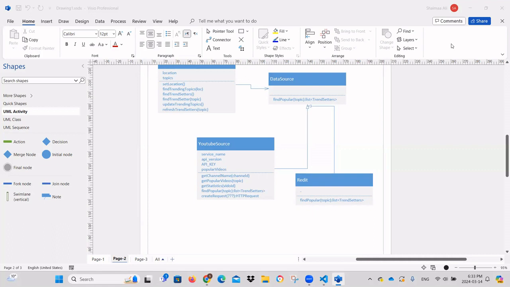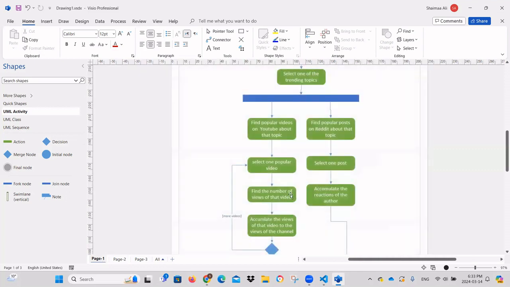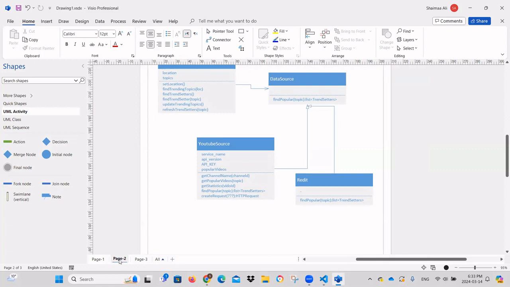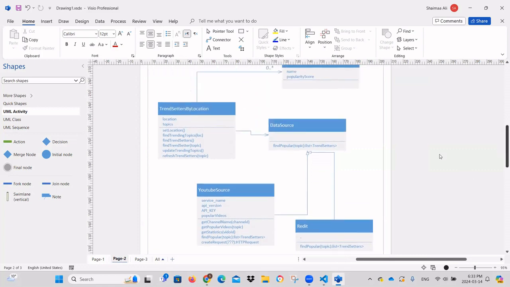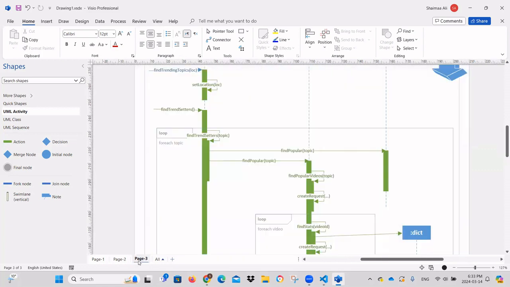Okay, so today we're gonna try to implement the system that we've been working on. This week, and actually we started the modeling the week before, we had the activity model to describe the general steps of finding the trend setters, and then we created a class diagram, and then we created a sequence diagram. Now let's see how we are going to implement based on the design that we